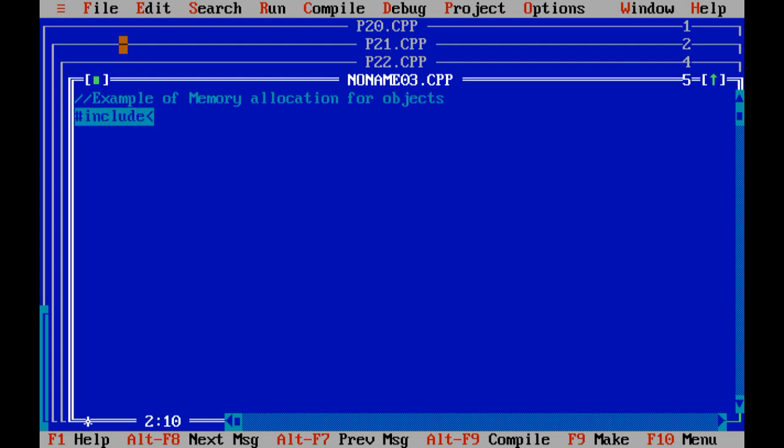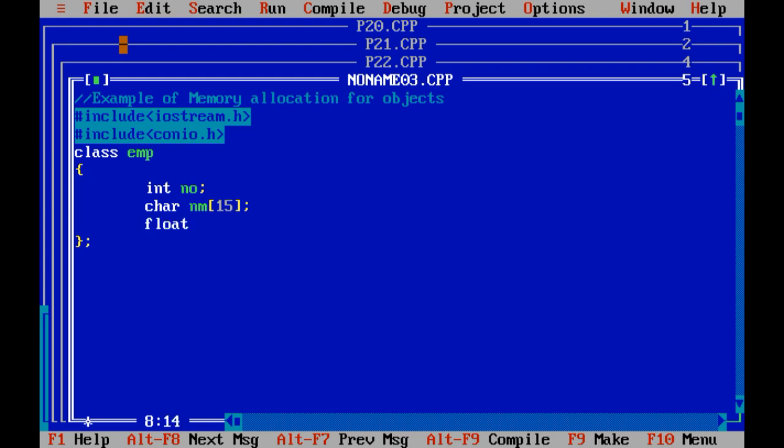Need to include 2 header files, iostream.h and conio.h. Class employee. Inside employee, I have declared 3 variables: integer number, character nm of 15 and float salary.